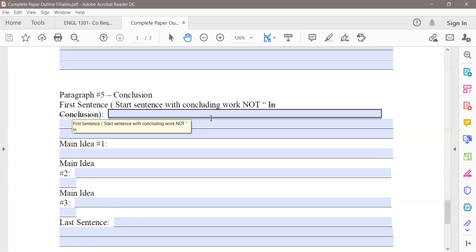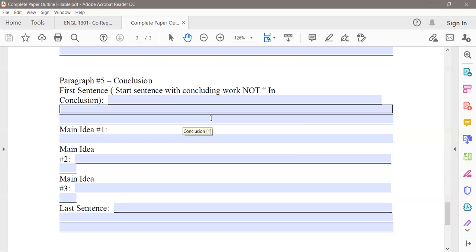Now, I did have notes on this, but apparently when I saved it, it did not save my notes. So when I post this with this video, I will also make sure to post this with the actual notes